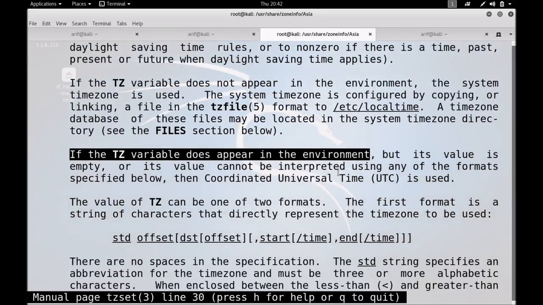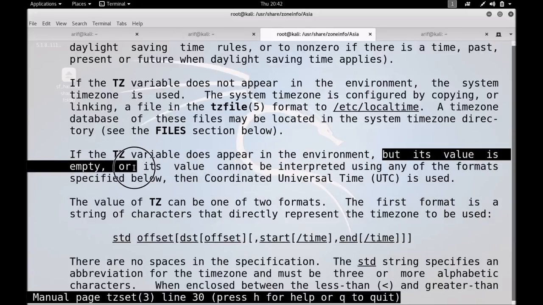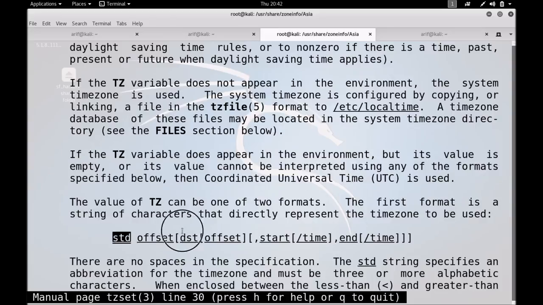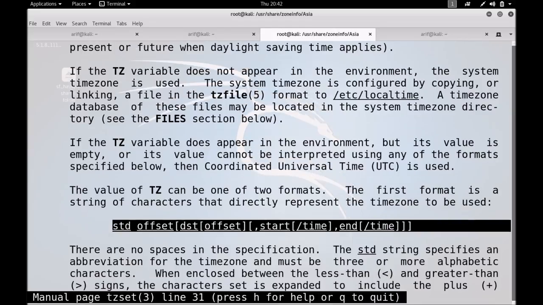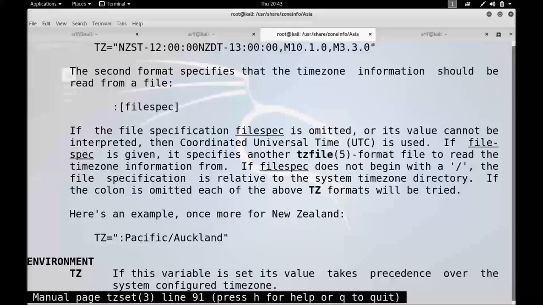And if the TZ variable appears in the environment but its value is empty, then you will get Coordinated Universal Time. There are two formats of the TZ variable. One is very complex, which is shown over here, and the other is very simple, which says just write down the name of that file.